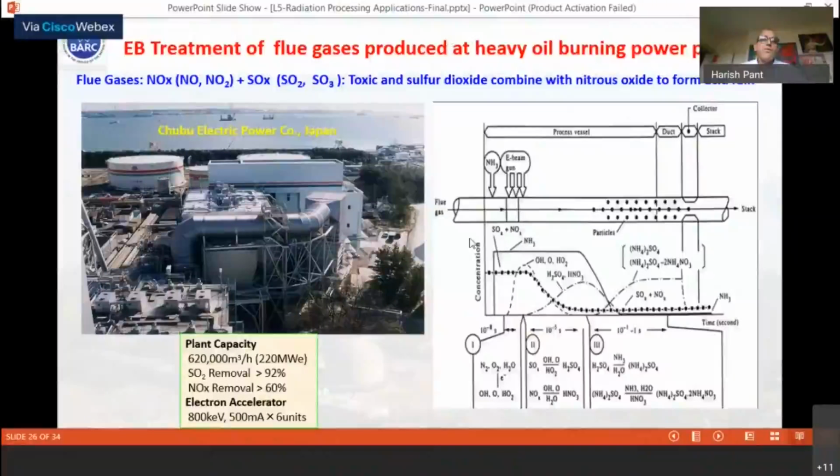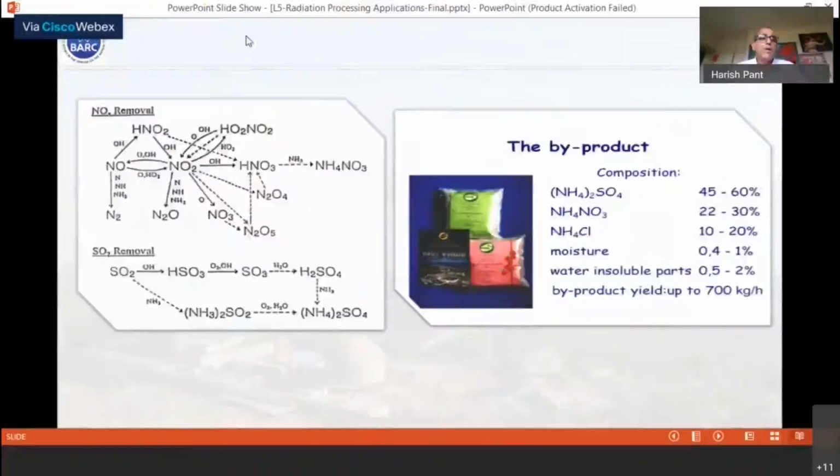So this technology is being used in Japan, Poland and China. This technology is quite popular. Maybe in future our country may also have such technology. Now you can see how the NOx and SOx gases are converted into useful products, that is ammonium nitrate and ammonium sulfate, and these are then used as a fertilizer. So this is a byproduct. Here you can see that the waste is being converted into a useful product using radiation technology,